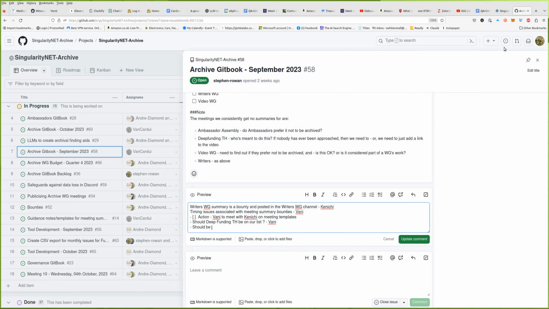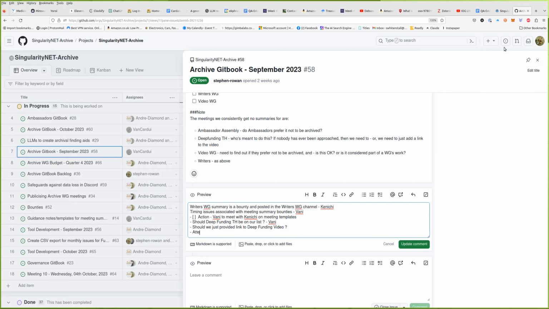For the deep funding, we have a few people attending. So if we get someone to join, that can also be a task: get someone to join and take a meeting summary. I think Slate or Mikasa would be really interested in something like that. So, another bounty. Excellent. We can add that to the bounties discussion when we get there. So you think Slate and Mikasa might be people who'd be up for that? All right, nice.